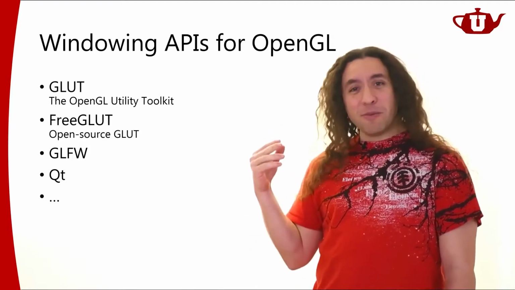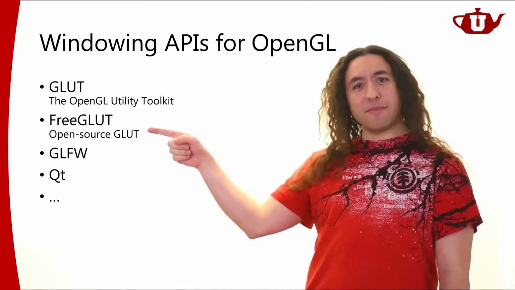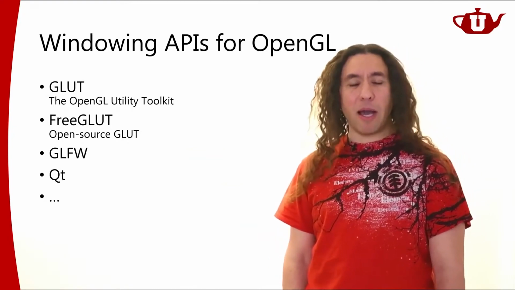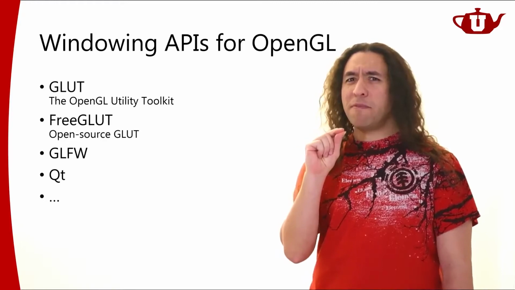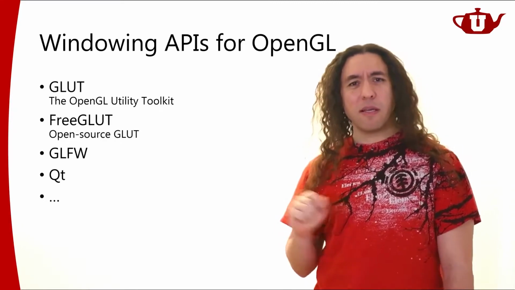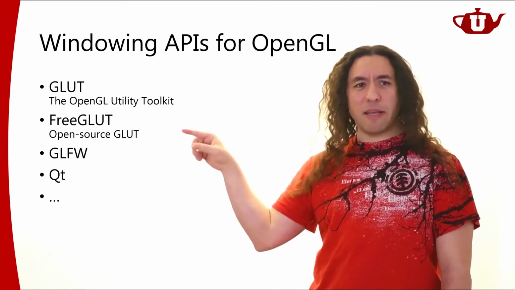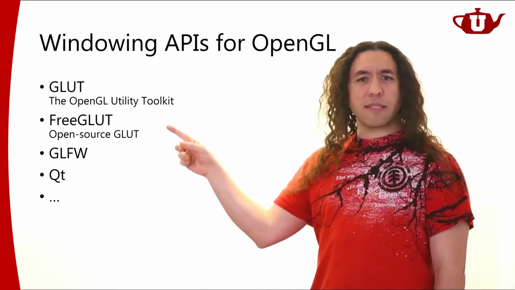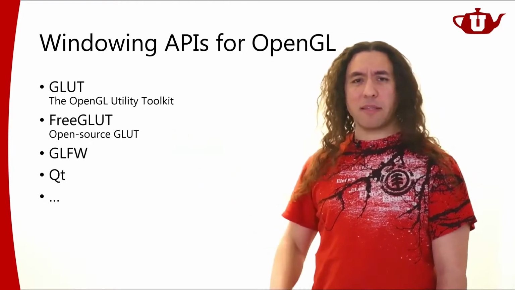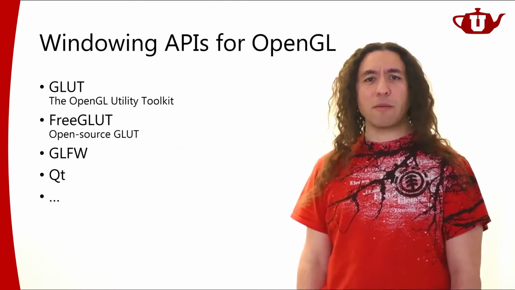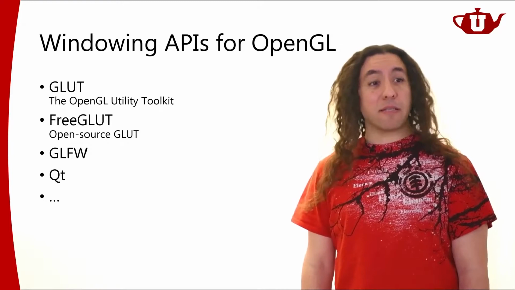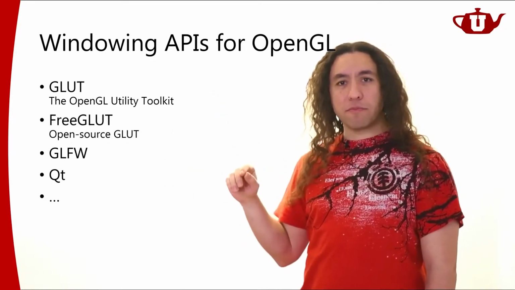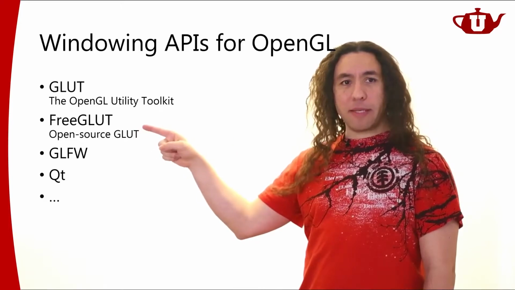So to remedy that, this FreeGlut project came about. It's exactly the same API. Okay, I believe there are a few really minor differences, but other than that, FreeGlut is almost identical to Glut. So you might as well use this. This is a more recently updated API. It might work just a little bit better. You might have an easier time getting it working. If you're not sure what API to use, this is the one that I would recommend.